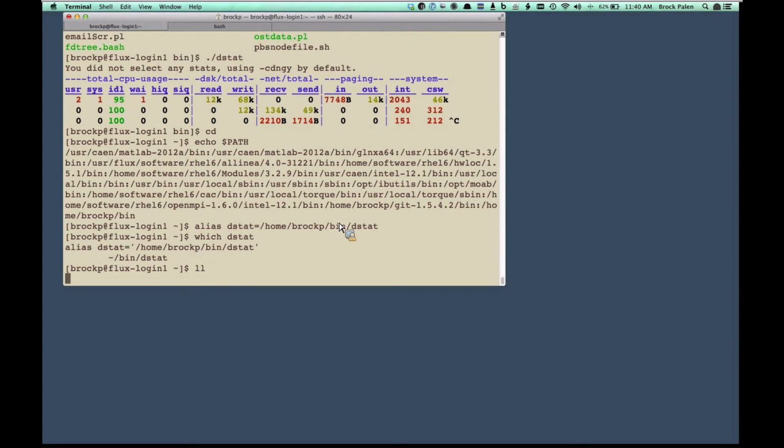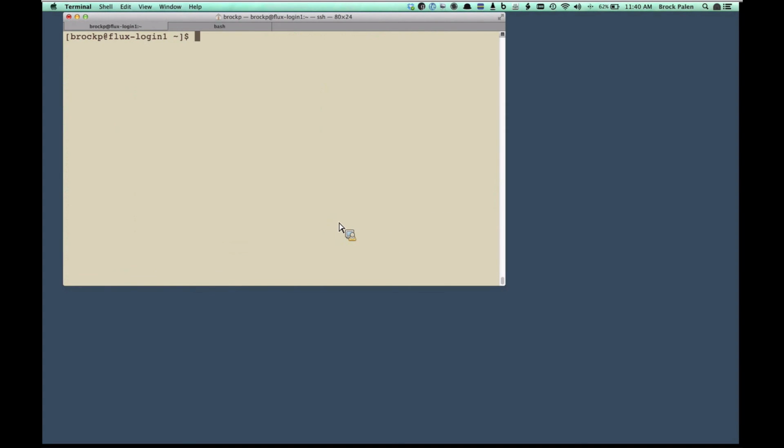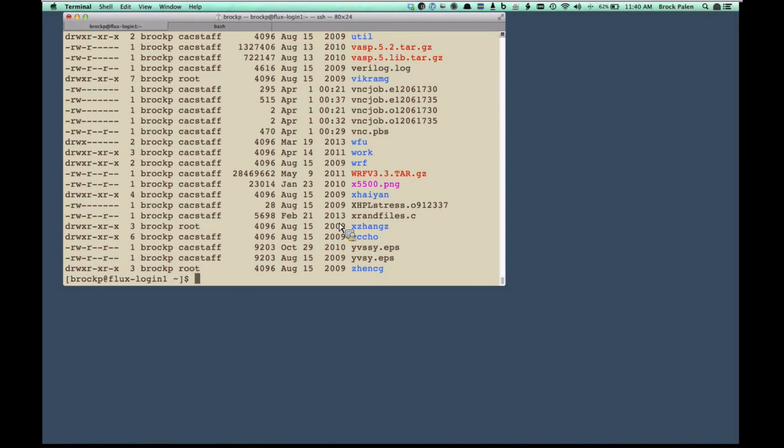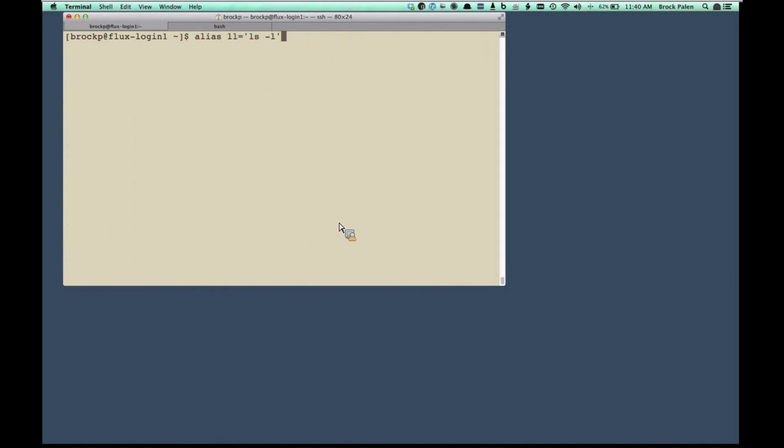So right now if I run ll, oh no, whoops, sorry. If I run ll, it prints nothing, but it's a very common shortcut people make for ls -l. What they would do is run alias ll='ls -l'. So you can use alias, but realistically, if you have a folder full of commands you want